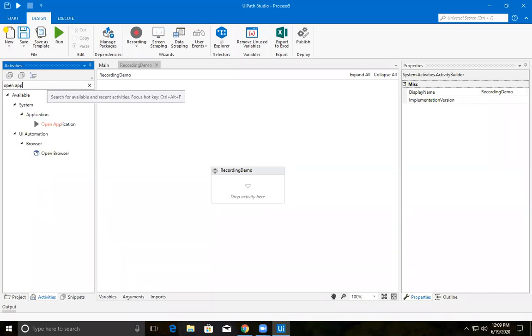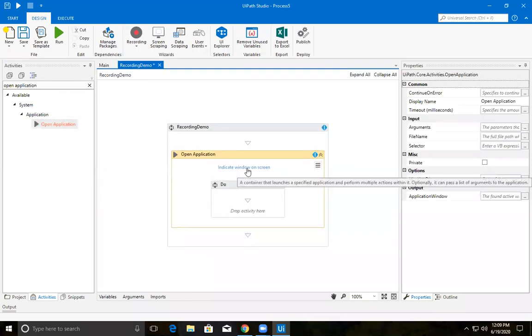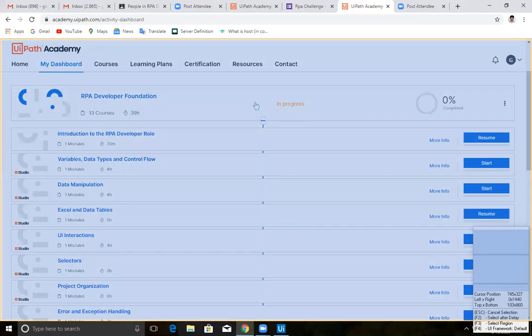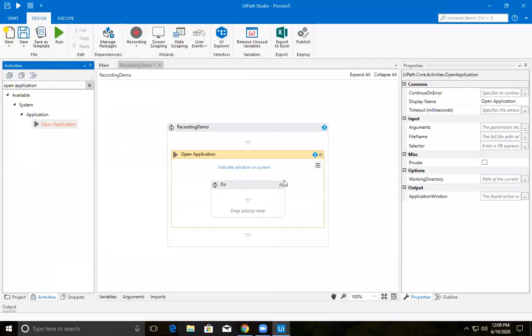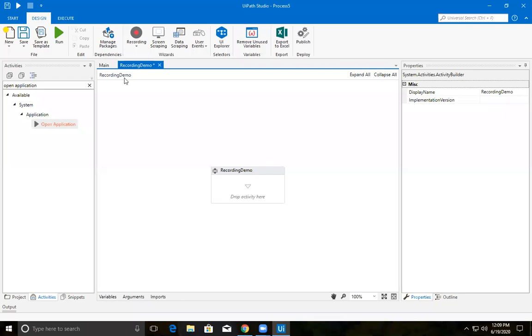Let's say some open application. We are just dropping it here and indicating it on screen. That is the recording we have learned till now. In the same way, in this recording we basically have three things. Basic desktop comes under one category, which deals with the desktop applications. Web is for web applications. Image, native and Citrix come under the Citrix type of application, which we will see later.